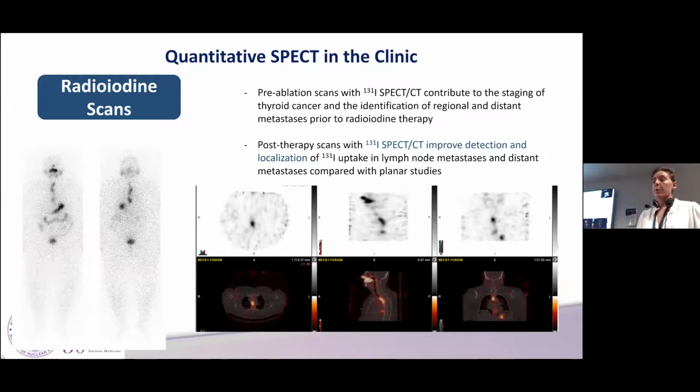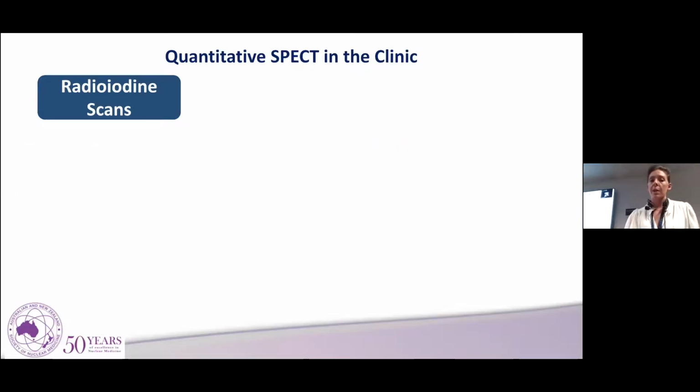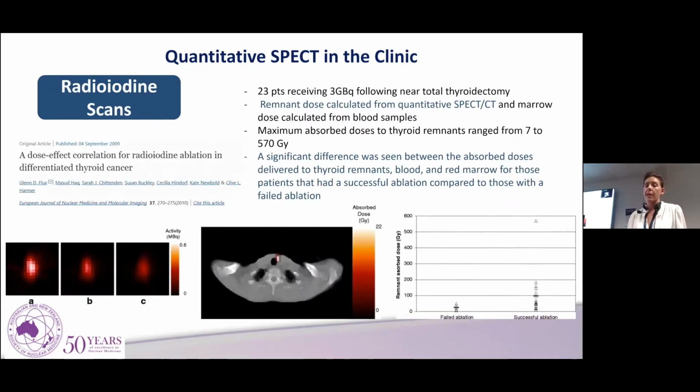So the idea is whether or not we want to go a step further and use that imaging to perhaps perform dosimetry in the thyroid remnant and also metastatic disease to see if perhaps we can get a better feel for whether or not these patients may be overdosed, underdosed in a therapy which I think often pushes them towards a one-size-fits-all approach. And there is an example out of the UK where they have performed 3 time point imaging